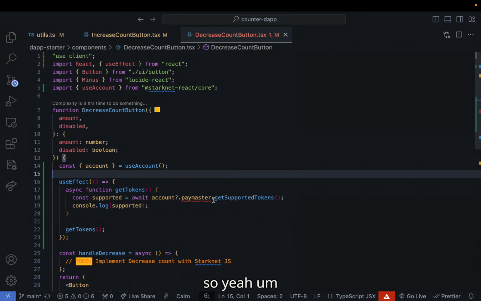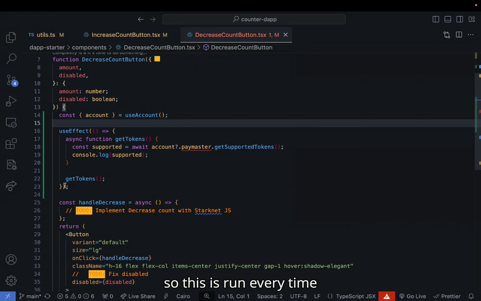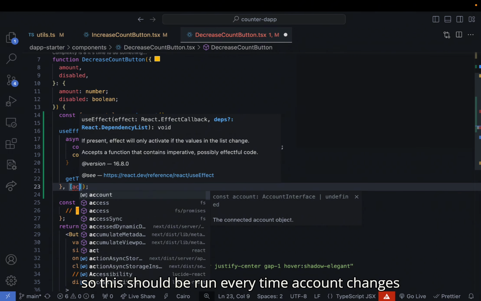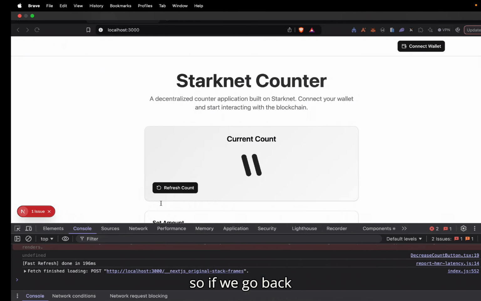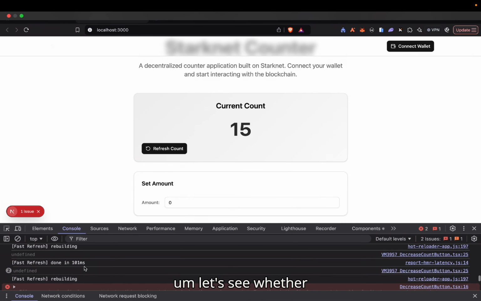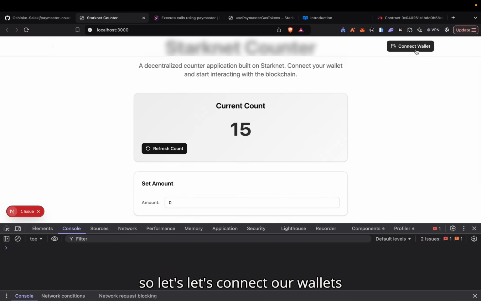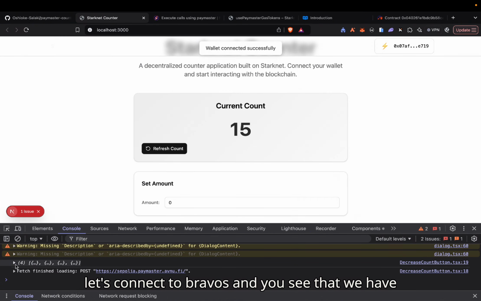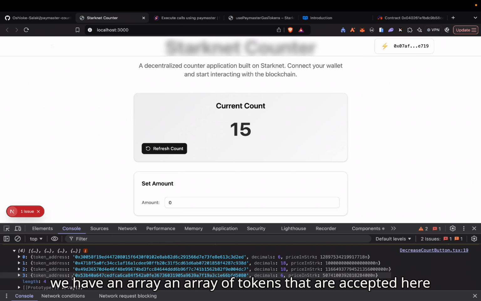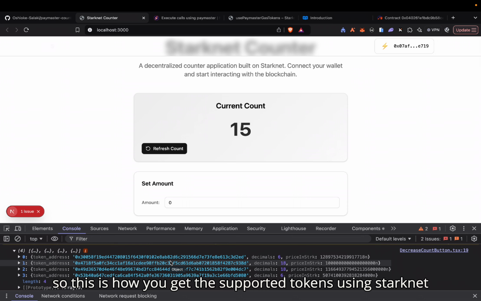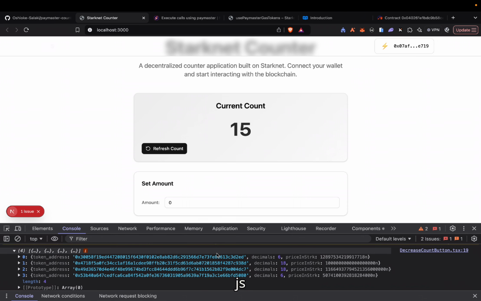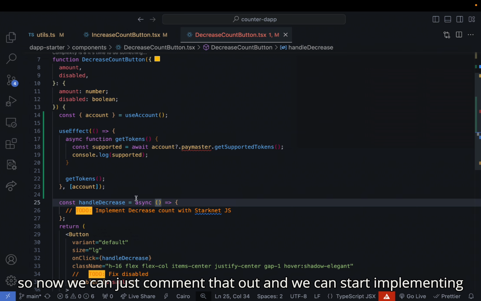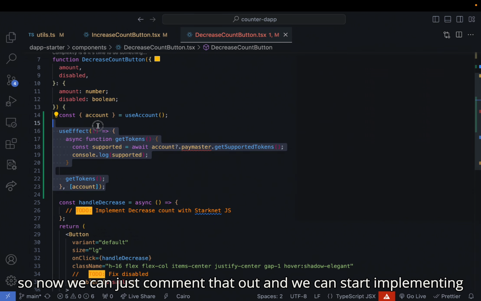This should be run every time the account changes. So if we go back, let's connect our wallets. Let's connect to Braavos, and you see that we have an array of tokens that are accepted here. So this is how you get the supported tokens using Starknet.js. Now we can just comment that out, and we can start implementing